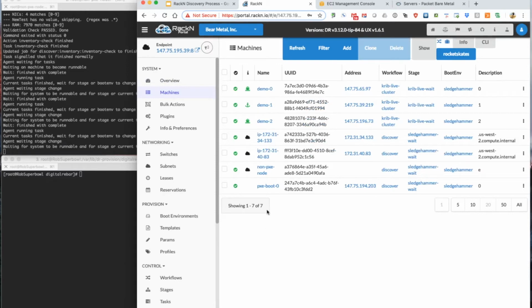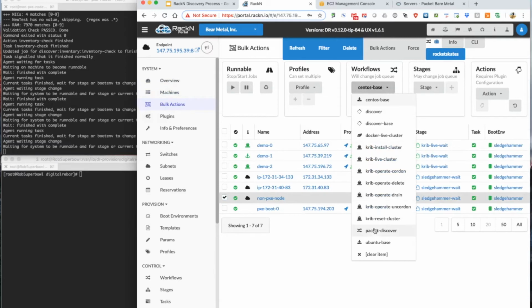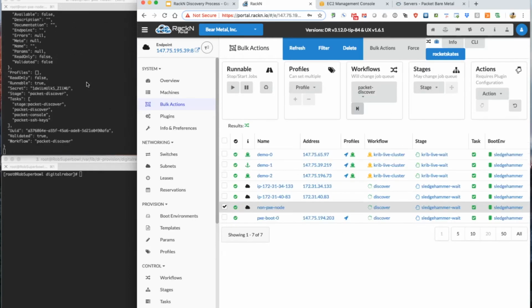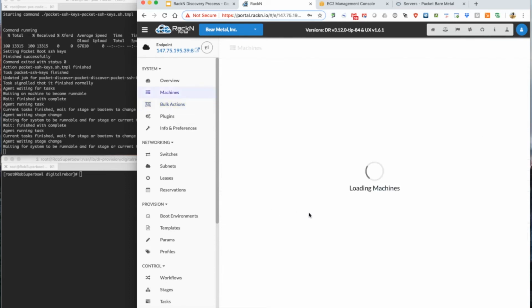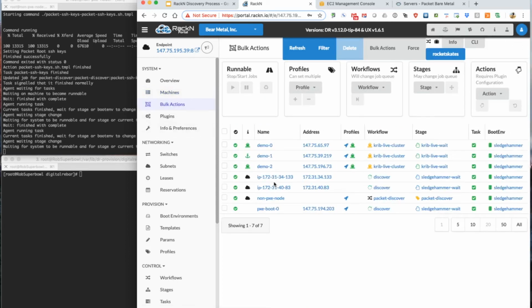Since we now have this machine under control, we can actually go to this machine and run the packet discover workflow, which is not part of our normal workflow on the initial discover process. We kick that off, and we see it's running the actual discover process, packet discover. If we take a look again at the machine object, we will now see that we get our packet metadata back on the machine, including our important packet SOS interface if we should need to connect to the serial over SSH console service. So that is, in summary, how to do